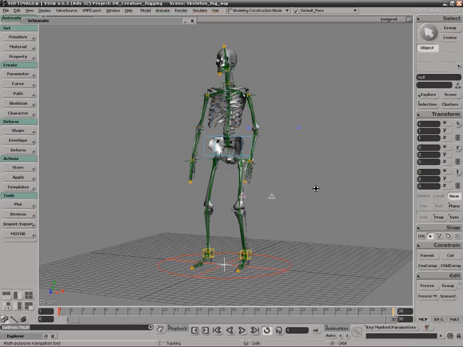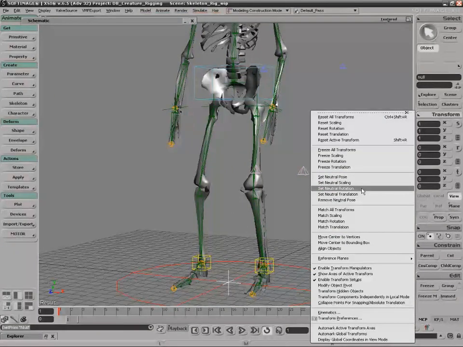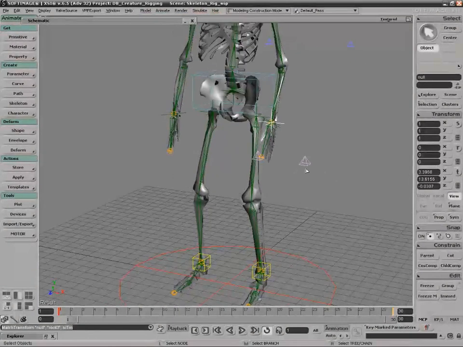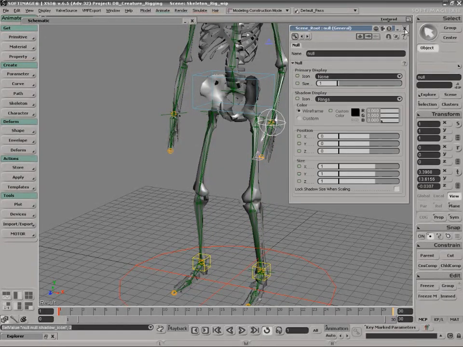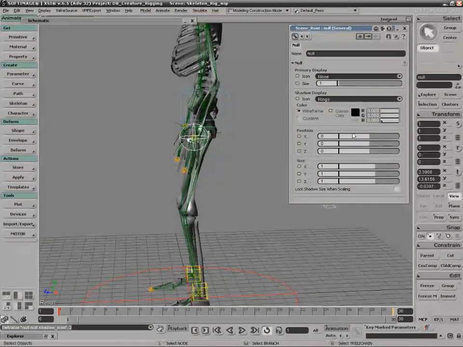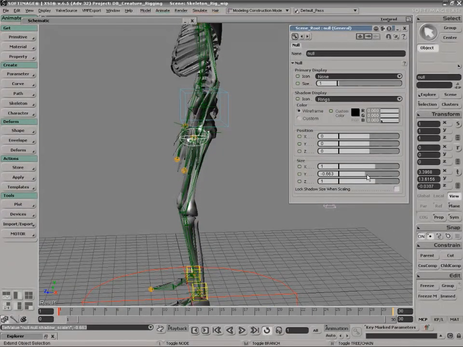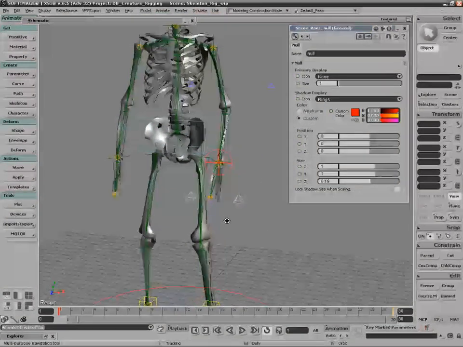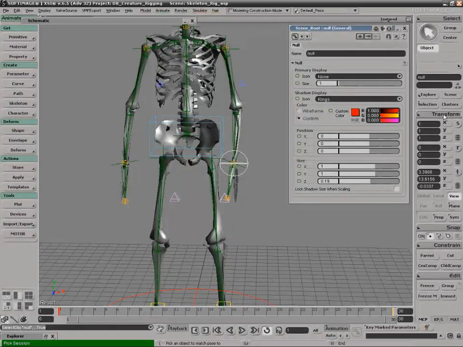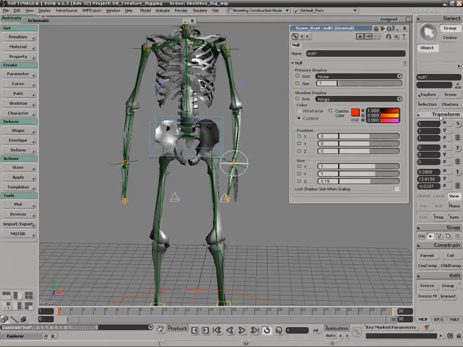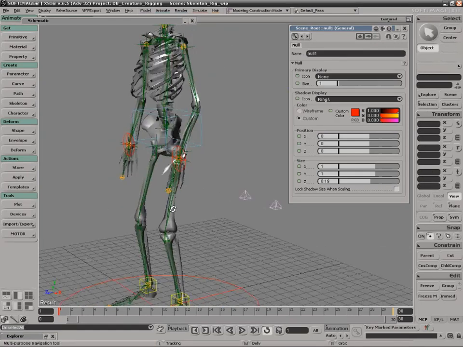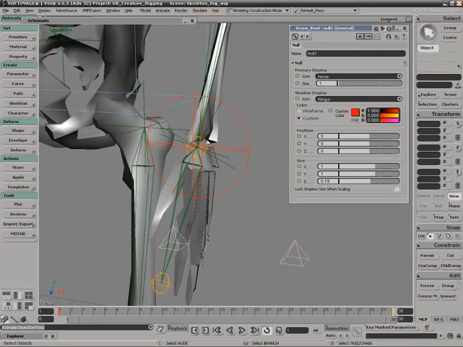Let's get null, match translation to the wrist, and I'm going to create some rings. Make them a little bit, something like that, and let's make them red. I'm going to transform to the other wrist. Now, I need to duplicate, transform to the other wrist. But there you go. So now we have to constrain